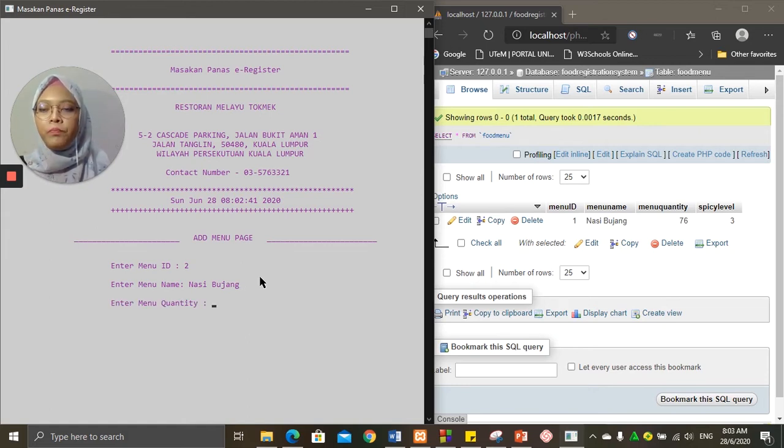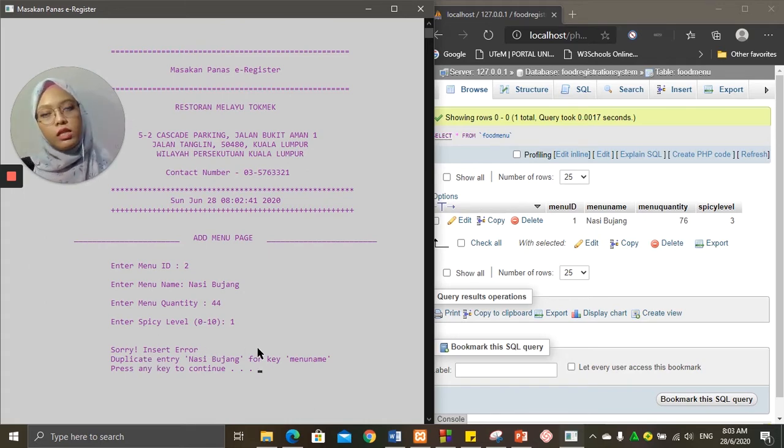Menu quantity maybe 44, spicy level, you can say 1. Here, the system will notify the user that it is an insert error, because of duplicate entry nasi bujang for key menu name. This is because I have set the menu name to be unique.